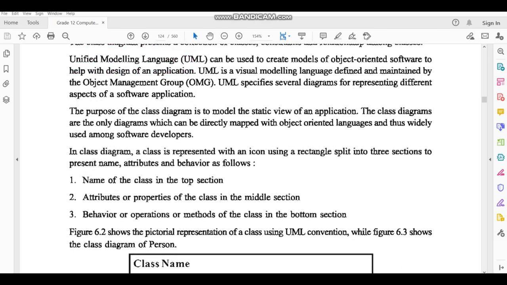So in a class diagram, a class is represented with an icon using a rectangle split into three sections: name, attribute and behavior. Now here, starting with a very important thing: how a class diagram is represented. A class diagram is represented in a rectangle split into three sections. They are divided into three sections. In that, first will be your name, another will be your attribute, and last is your